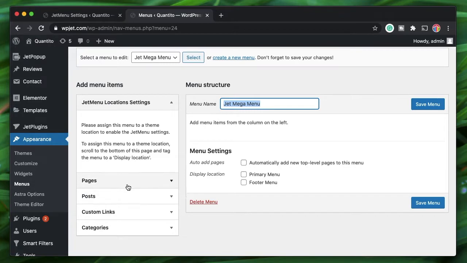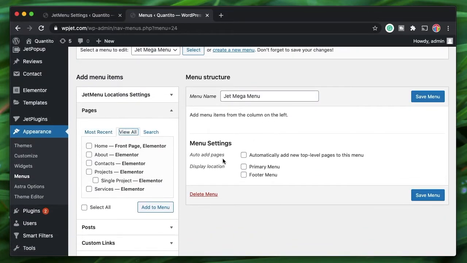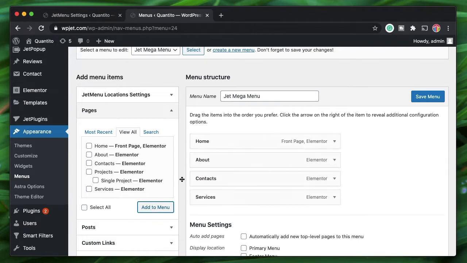Now let's add a few links. I'll add a few page links. You can add basically any links that you want. So I'm going to add about, contacts and services. I'll just click on add to menu, and those are the menus. And if you want to make an item a sub item of an item, simply click and drag it to the right, and that becomes a sub item of this item. But anyway, let's go with a little bit of a simplistic layout. Instead of nesting, you can of course nest it like this. You can do two levels of nesting like this, but anyway, I'll just drag it into their original positions.